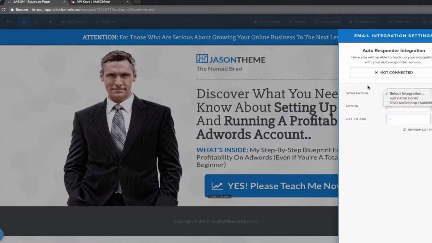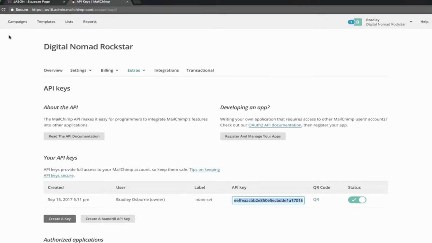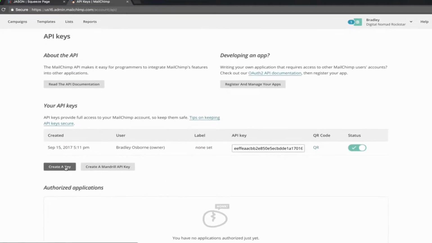I have MailChimp set up here. There are different integrations for different email service providers, but I'll show you the MailChimp process real quick. This is going to vary, and ClickFunnels has great documentation about how to do this for different providers. But for MailChimp, you're going to go to your account here, click on account, and then go to extras and API keys, and you can either create a new one or use the one that they have, and copy it,